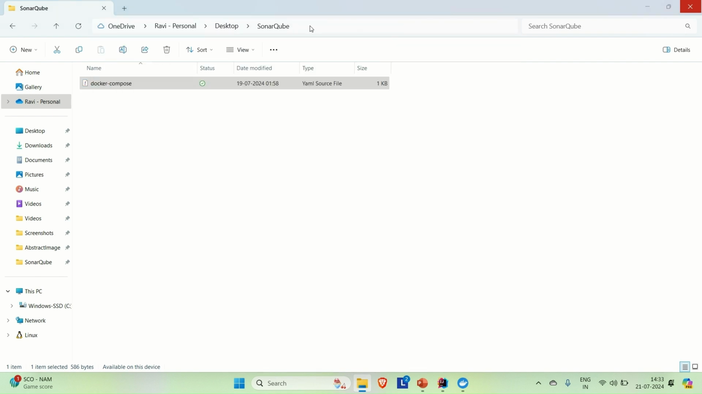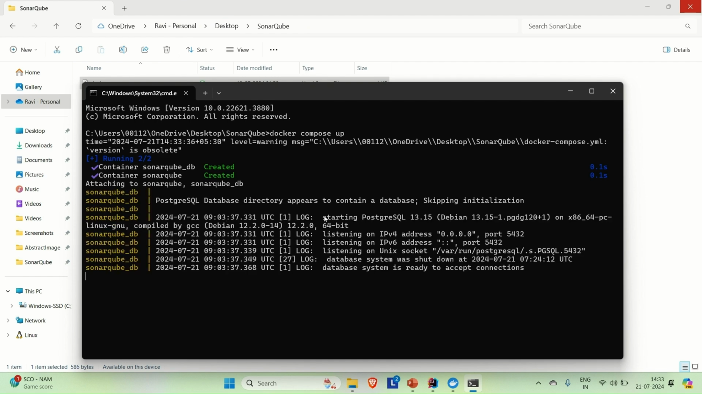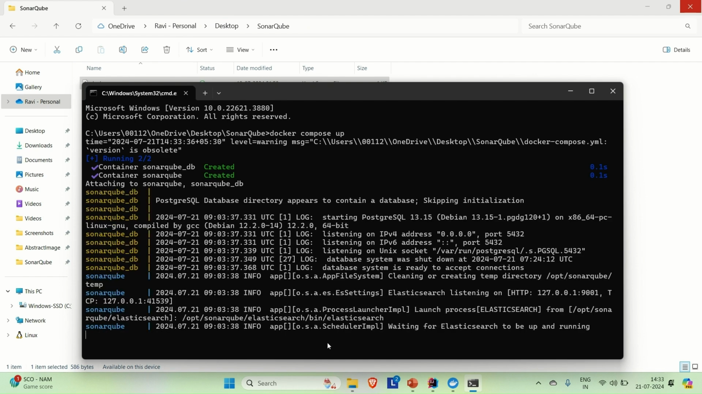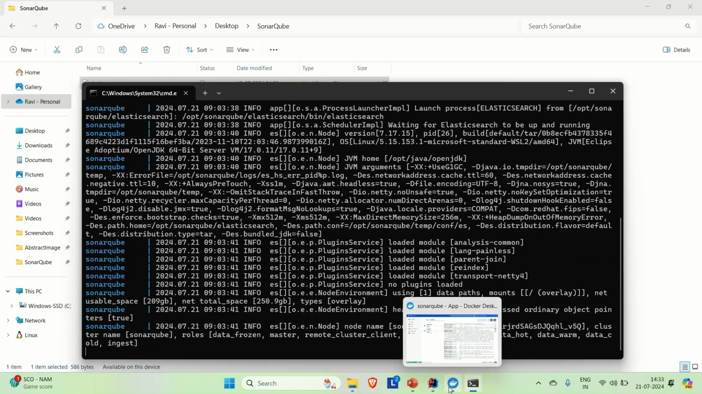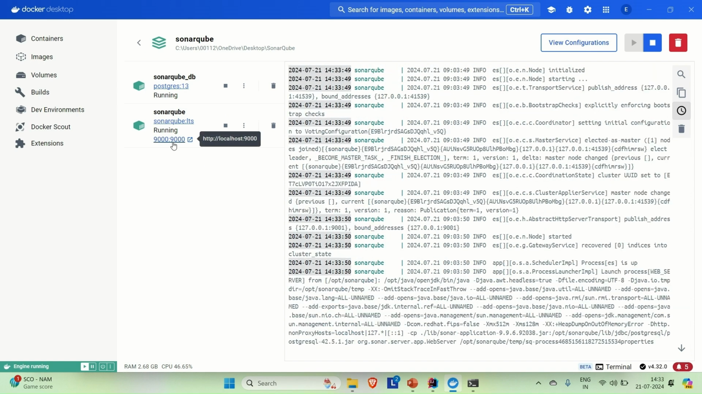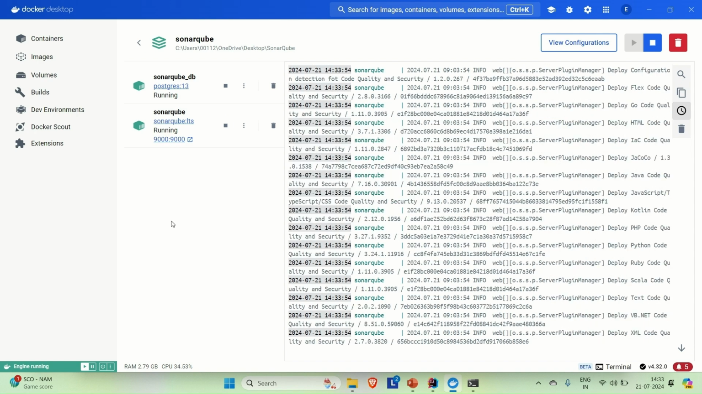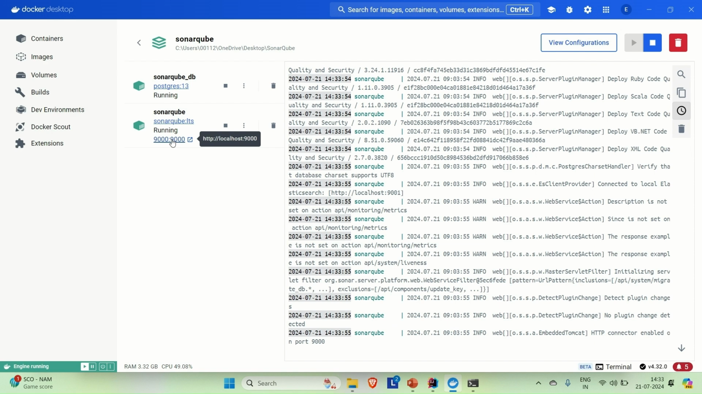So just open the command prompt here, and then run this command: docker compose up, and then it will try to create the container for you. You can see it will make your Docker image of these things up and running in the container. So you can see these two containers are created, and our SonarQube is up and running on the port number 9000. So what you can do is you can either open this, or you can copy these things and then